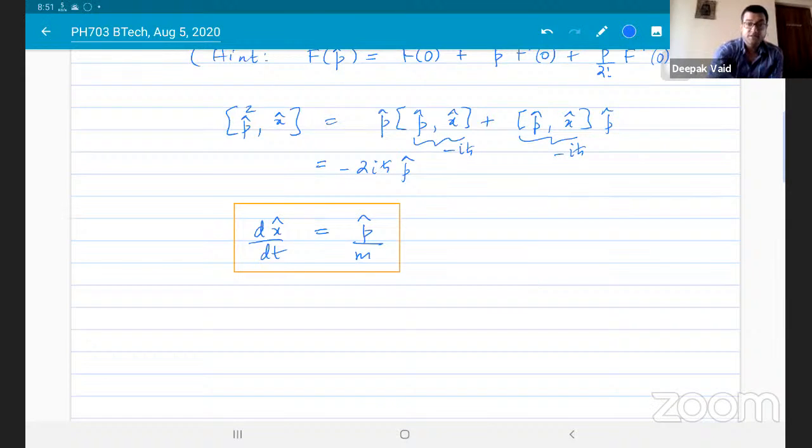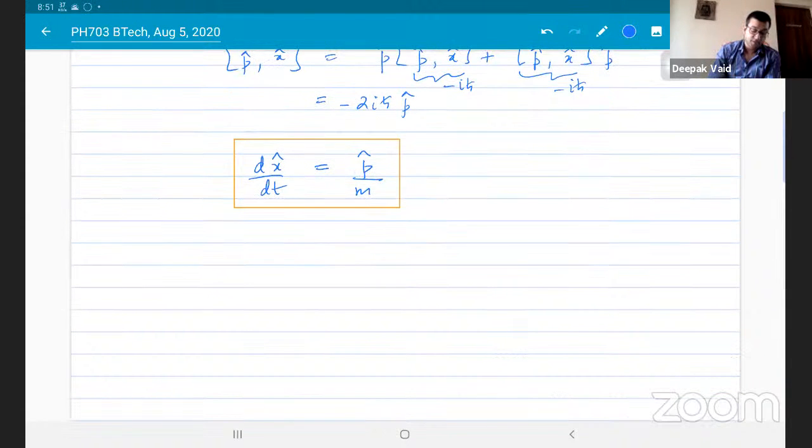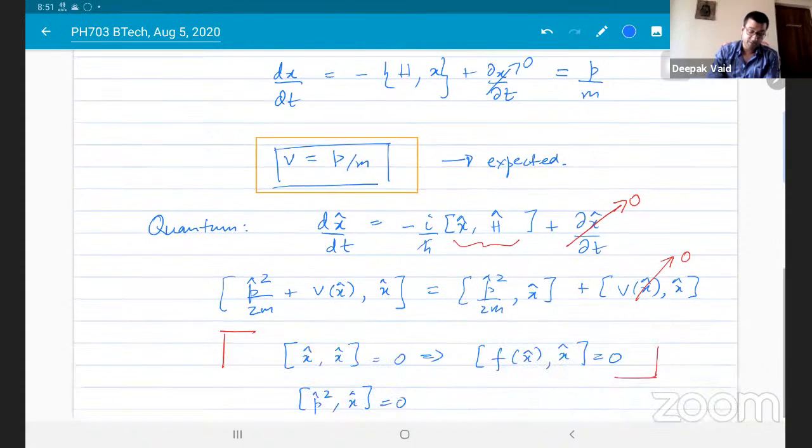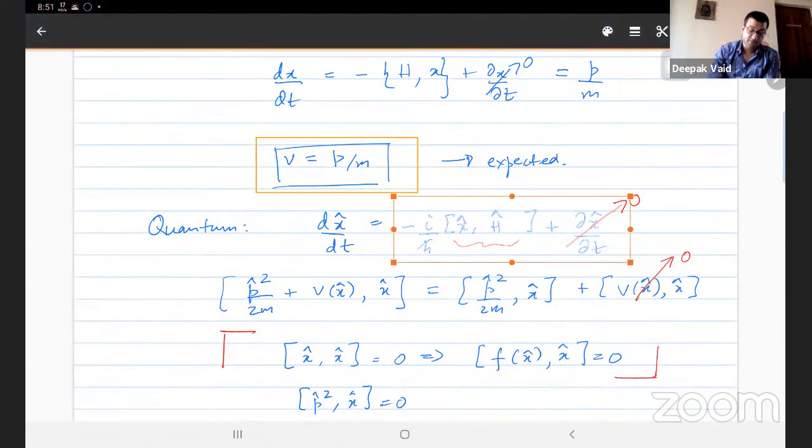So this is one step in the proof of the Ehrenfest theorem. Now we can do exactly the same thing by calculating the time derivative of the momentum operator. When we calculate it, what will we get? The time derivative of the momentum operator is the same thing here,